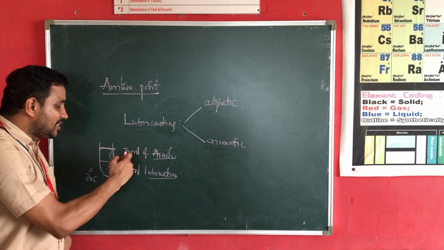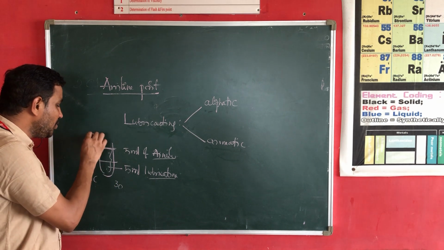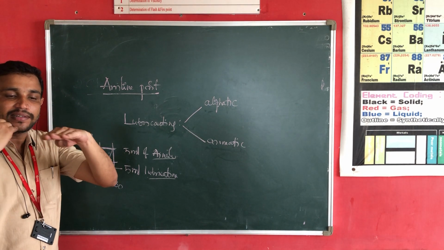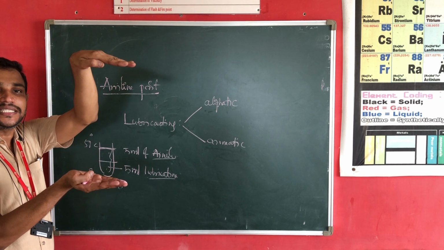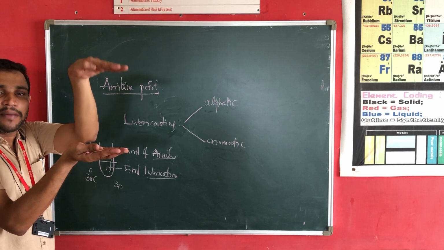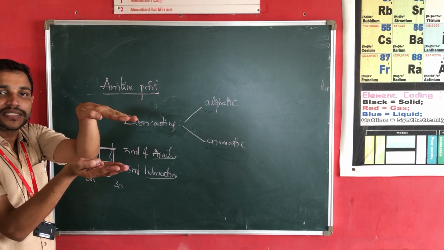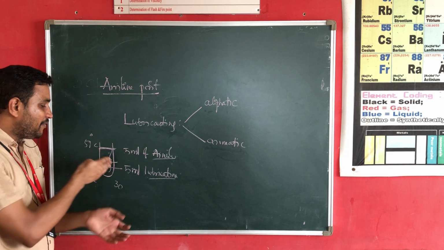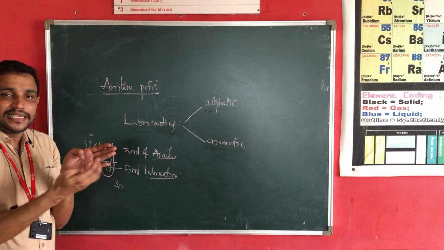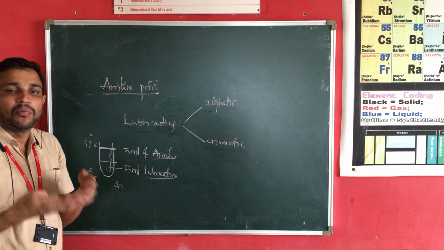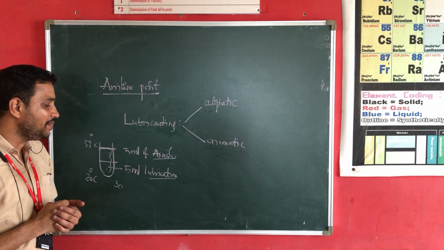When the temperature is reduced again to 30 degrees Celsius, from 50 to 30, the two are heterogeneous. When it reaches 50 degrees Celsius, they become homogeneous. When the temperature comes down to 30 degrees Celsius again, they become heterogeneous. Right? So what I understand is that it takes more temperature to become miscible with each other.